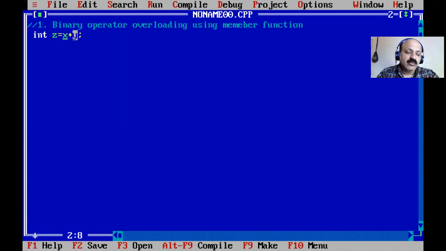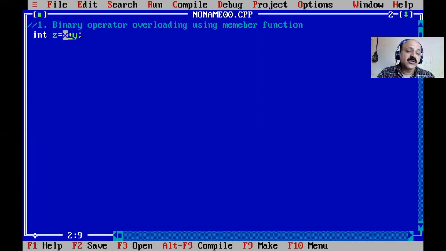You have to know very well the operator categories: unary, binary, and ternary. The ternary operator, the conditional operator, is not overloaded. So there are two choices, unary and binary. Unary I have already covered. Now we turn to binary. In any expression where two operands are used, that is binary, and here we can overload.